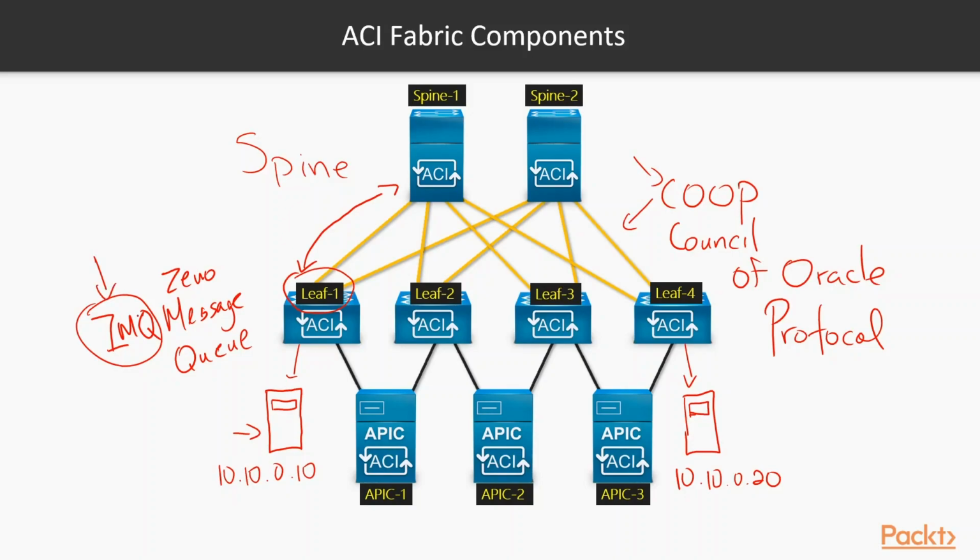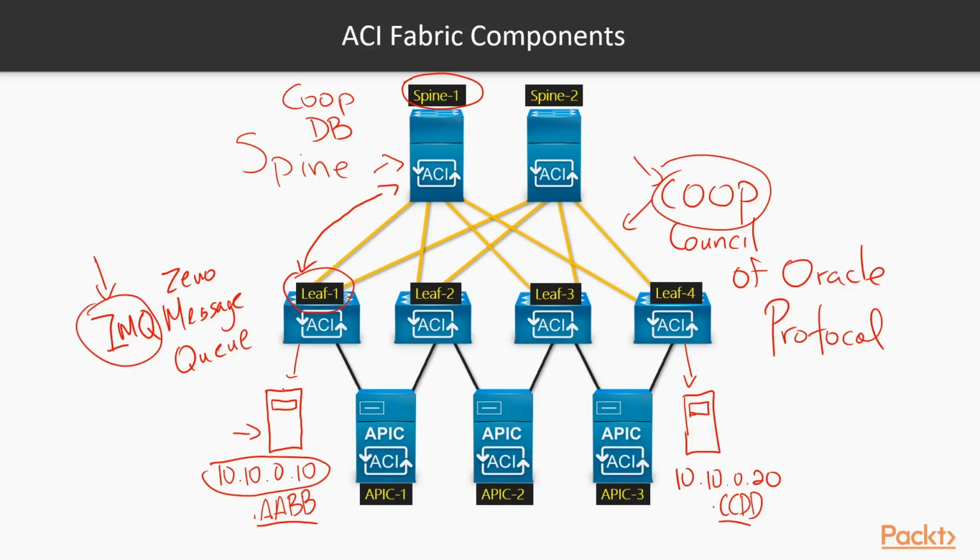So I am going to send this IP, or let's say we have a MAC address that ends in AABB for this particular server, and we have another MAC address CCDD. So let's say the MAC address of this server ends in AABB, and the MAC address of the other server ends in CCDD. So ZMQ sends the attribute in COOP, gets to the spine, and in the spine I am going to have a COOP database that stores the information from this endpoint